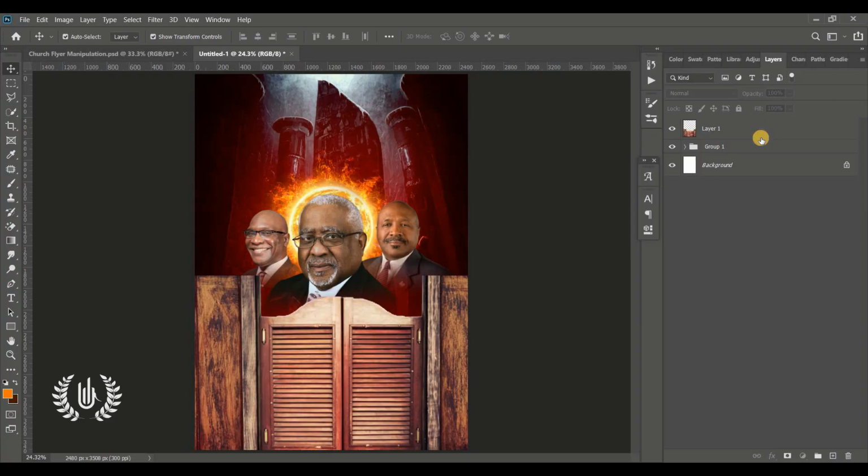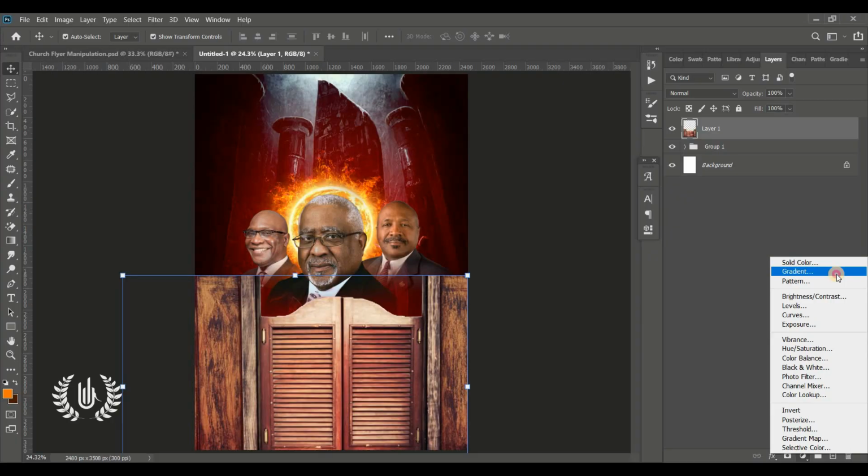Okay, so this is more like it, this is more like it. So over here what we're going to do is to add a little edit to make sure we have some darkness at the bottom of the page. So what am I going to do? I'll select the image layer and go to the create new fill. We're going to create a gradient. So this is where